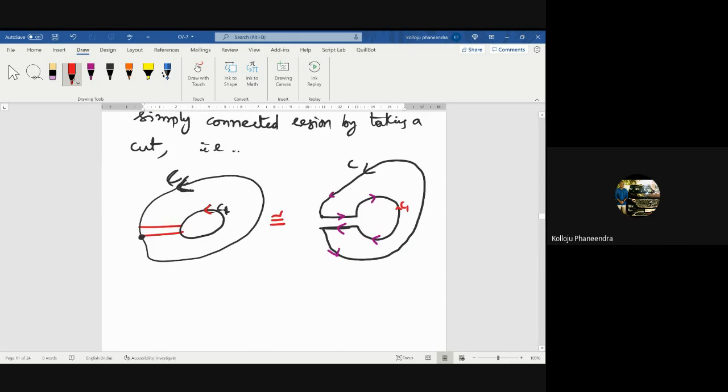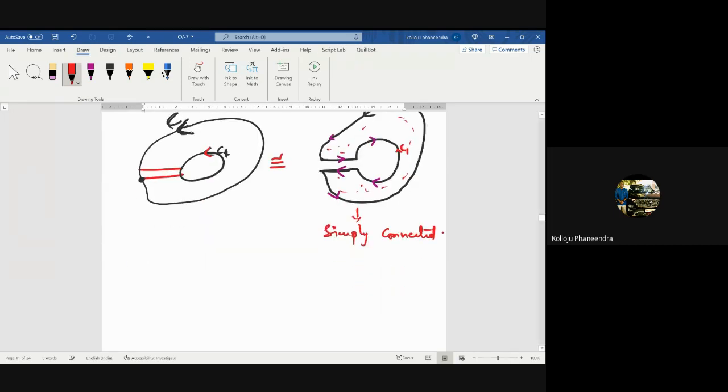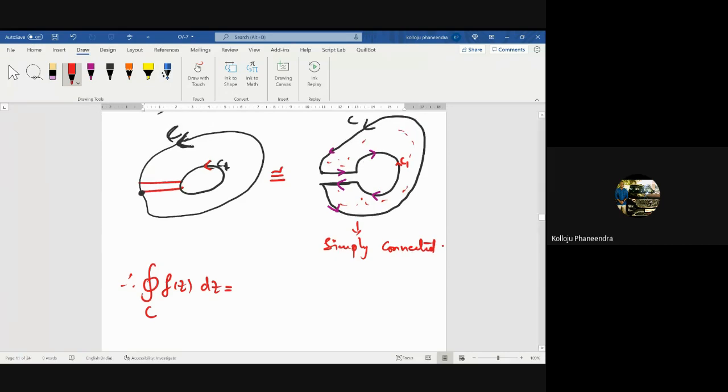Now, what is this domain now? Any hole is there in this domain? There is no hole at all. So it is simply connected. Okay. Therefore, integral over C of f of z dz equal to, listen carefully,